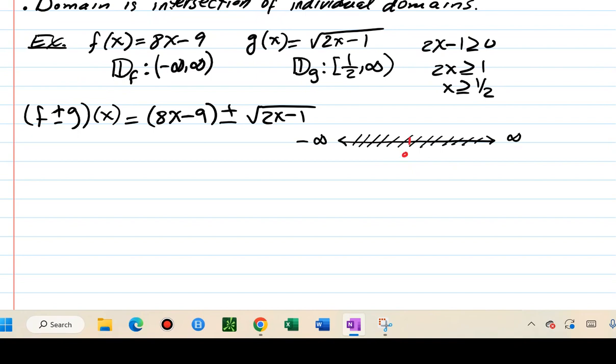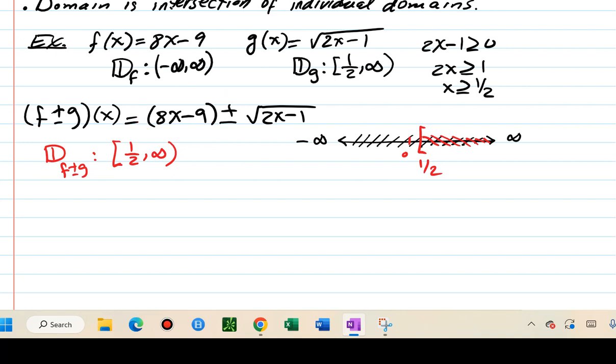So let's say here's 0, and this is 1/2. Greater than or equal to 1/2 would be everything to the right of that. So the crosshatch is the intersection of domains. Therefore, the domain of f plus minus g is going to be from 1/2 to infinity. Again, the polynomial function has no issue with negative numbers,